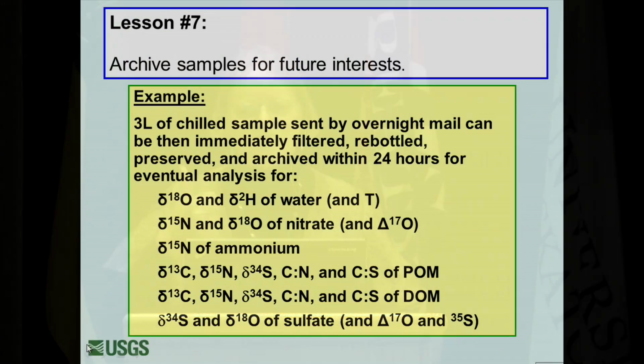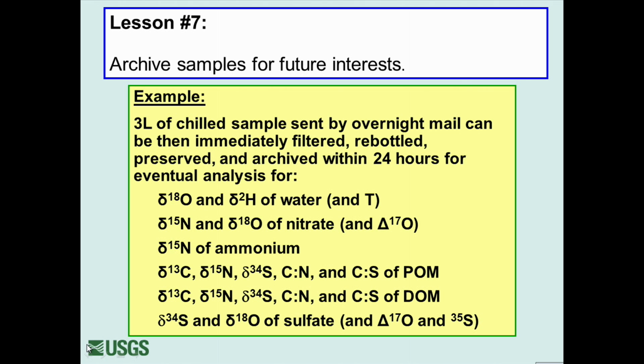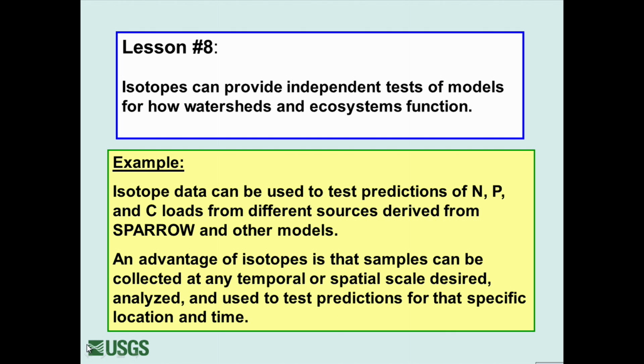Lesson 7, archive samples. I have 4,000 archive samples from all of these studies awaiting tritium or boron or sulfate isotopes or anything else I think of. Lesson 8,